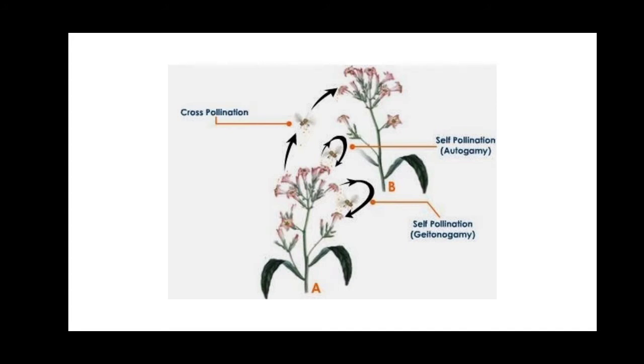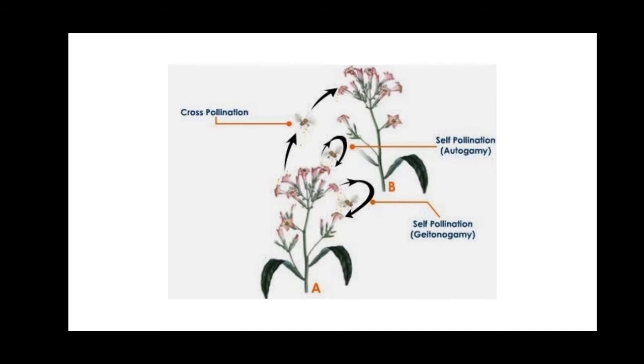the technical term for this will be the geitonogamy method, in which both the flowers are arising from the same plant, but the pollination is taking place between two different flowers. That is the thing. Cross pollination is a completely different process. It's called the xenogamy method, in which the pollination takes place between two different plants. Means those flowers involved in the process of pollination are in completely two different plants. So that method will be called the xenogamy method or the cross pollination method.